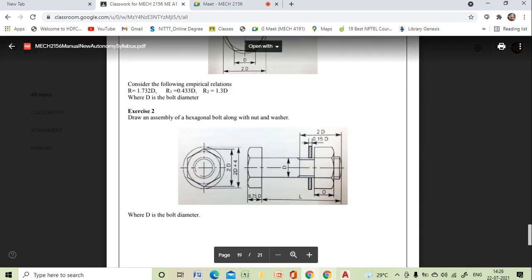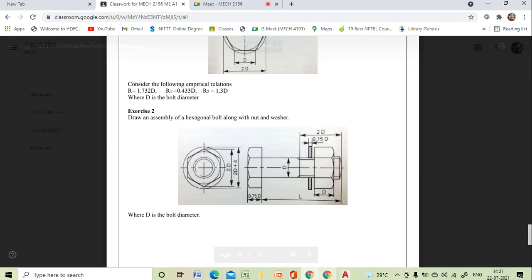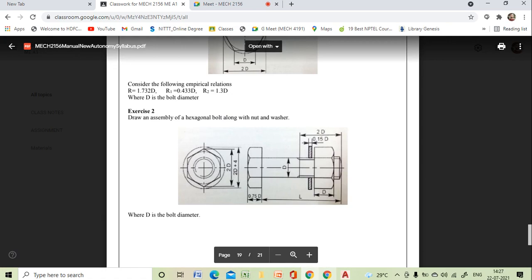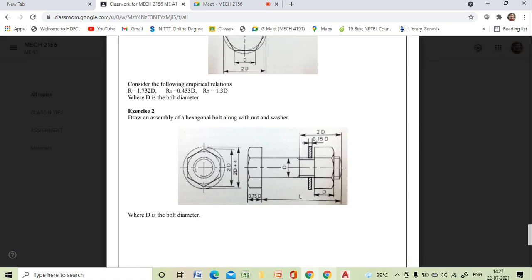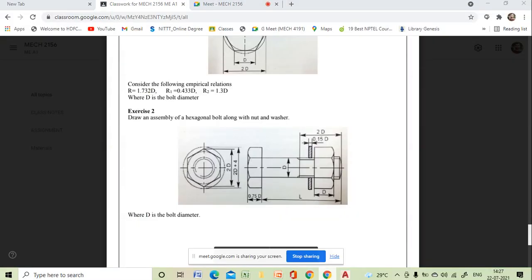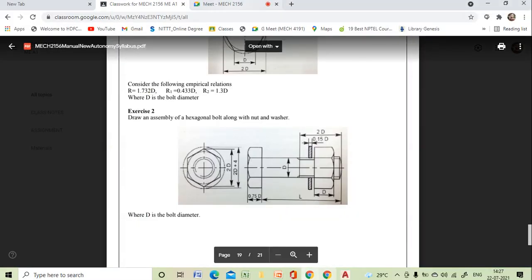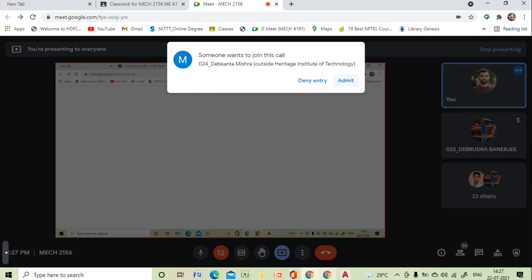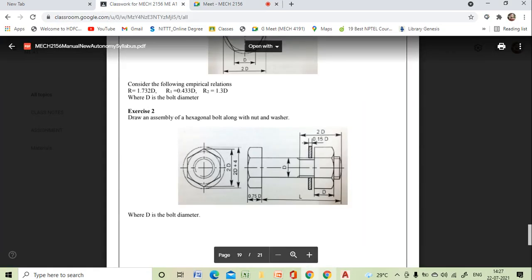Both the bolt and the nut have the same diameter. In this case, the bolt diameter we will use as 20 mm. Clear? So now if you have any query you can ask me, then I will start. Do you have any doubt? If you have any doubt you can ask me, then I will start to draw.